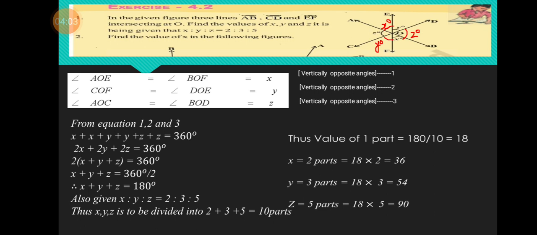These 2x, 2y and 2z form a complete angle around point O. So we are able to write that x plus x plus y plus y plus z plus z is equal to 360 degrees. Beside this, children, in the bracket, you must mention the reason: angles around a point is 360 degrees. In geometry, generally, whatever we write, you have to mention the reason for it. The following steps are algebraic simplification, so we need not write the reasons.